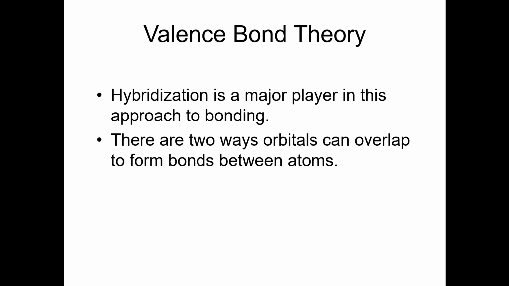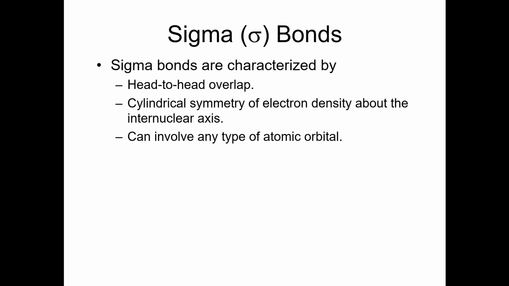Just really quickly, and then I'm going to wrap this up. Hybridization is a big player in what's called the valence bond theory model of bonding. And so we talked about overlap, and so I'm just going to very quickly talk about the 2 different ways in which orbitals can overlap to form bonds. The first one's called a sigma bond, and a sigma bond is characterized by head-to-head overlap. The overlap and the electron density are on an axis between the 2 nuclei, and this can involve any type